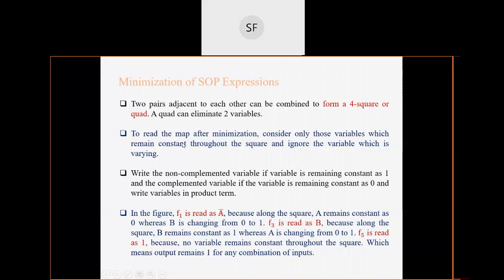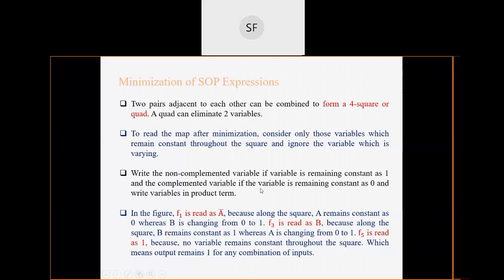We have already seen that you have to read the map using only the variables which are remaining constant, and the variables which are varying, you have to eliminate them, you have to ignore them. Write the non-complemented variable if the variable is remaining constant as 1. So if the value of the constant variable is 1, you have to write it in non-complemented form. That is, if a is having 1, then you have to write a only,